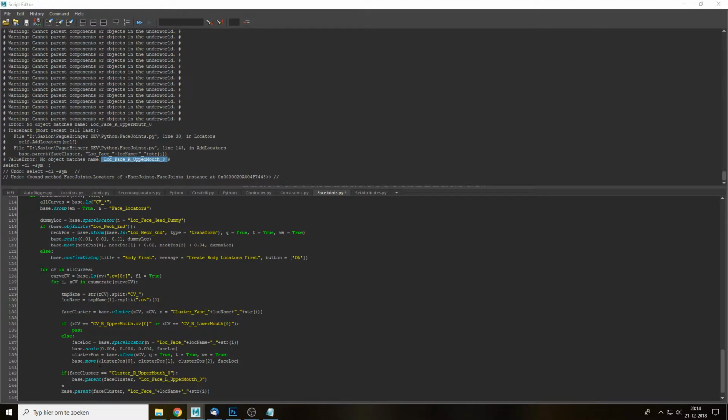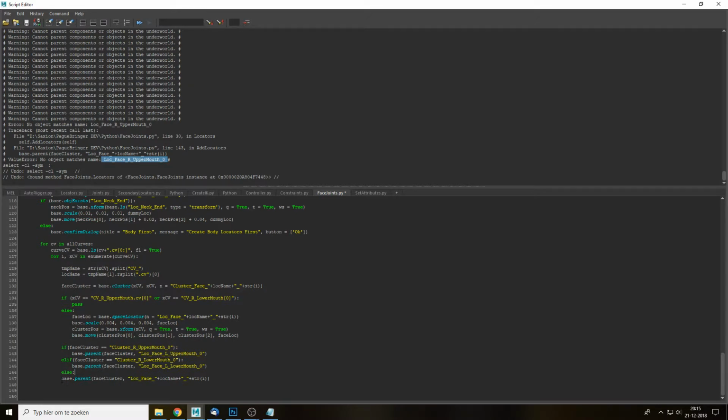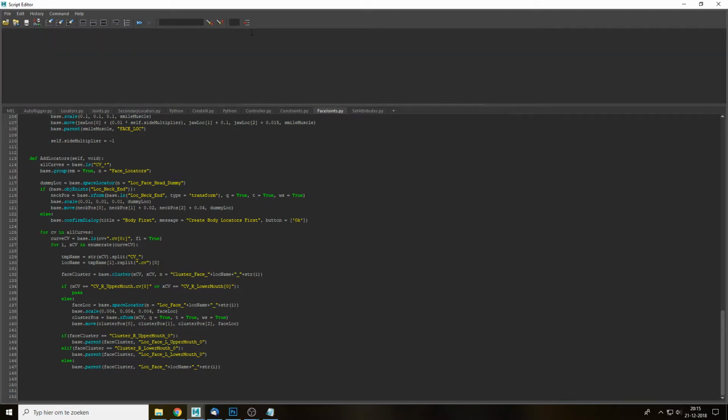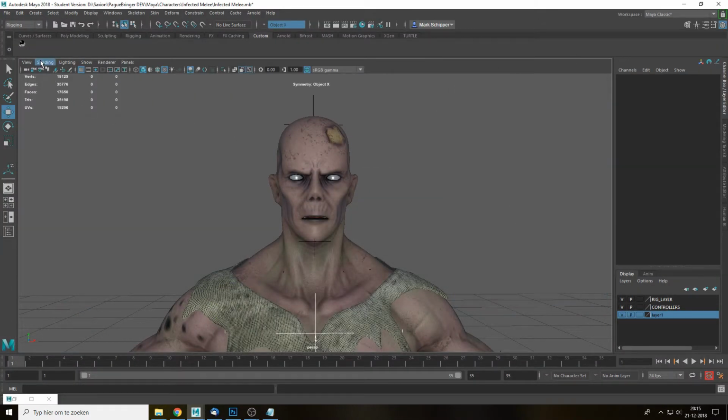Then we need to do this here again, so elif or else if, again face cluster is equal to cluster or lower mouth 0, be parented to the lock face L lower mouth 0, and if else we do the rest, right? Okay. Else we just do this. Okay, get rid of this as well, and then we're gonna check it out real fast,